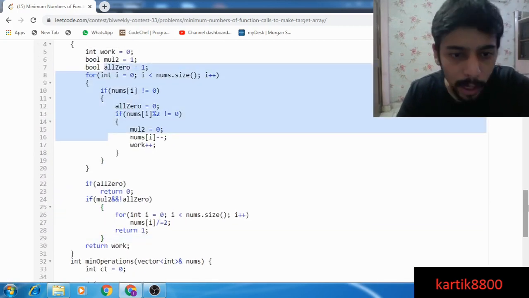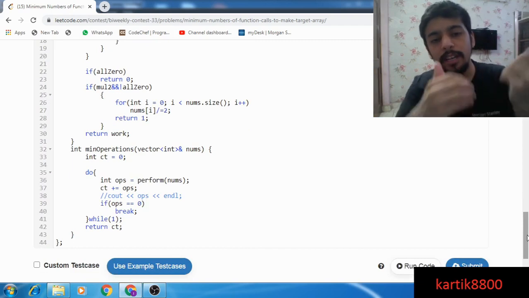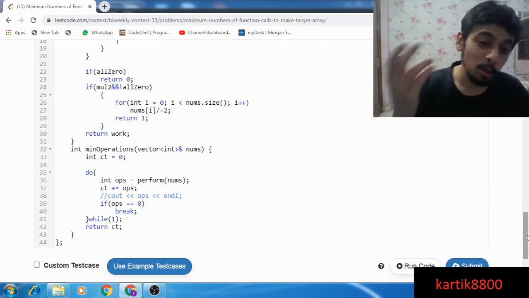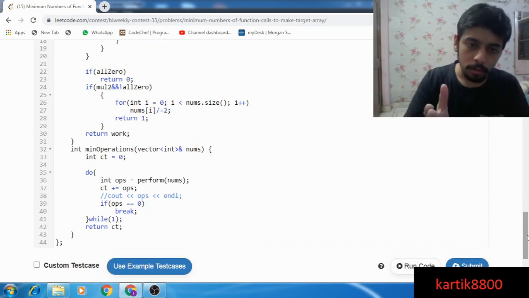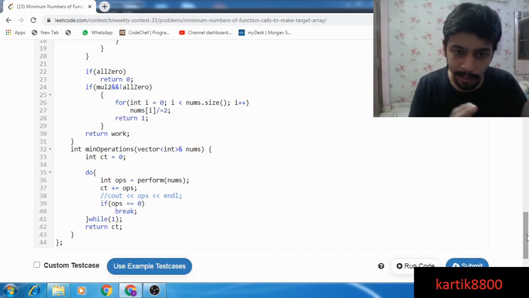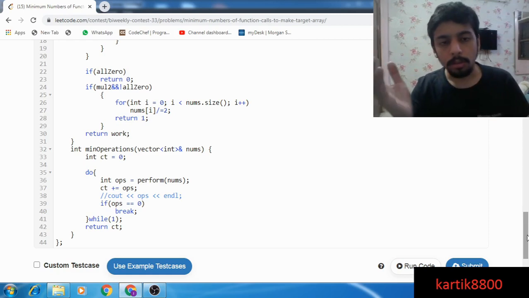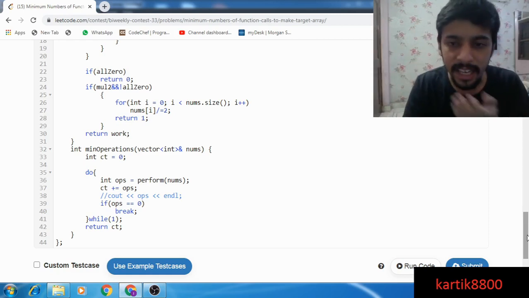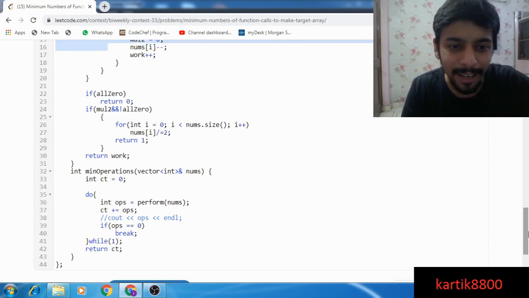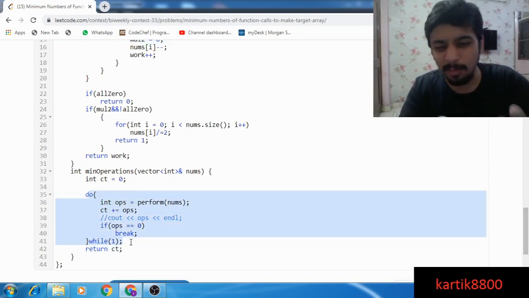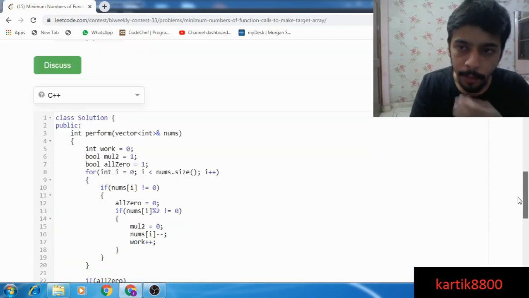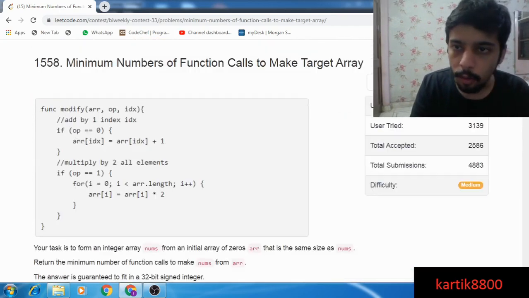very easy to analyze. And since we're doing division operations and the numbers can be at most 2 power 30, every time you divide by 2, all the numbers become half. So the time you are going to take T(n) becomes T(n/2). So hopefully you get the idea. If you don't, you can ask me in comments, but it's n log n because this loop will run at most log n times, some constant plus log n times. Okay, so let's move to the next problem now.